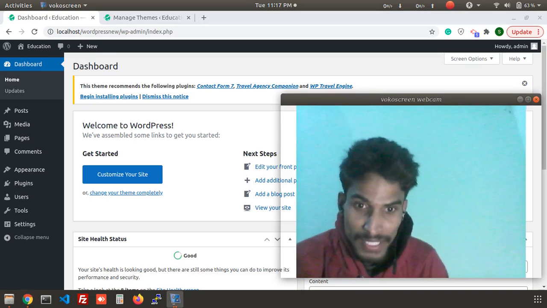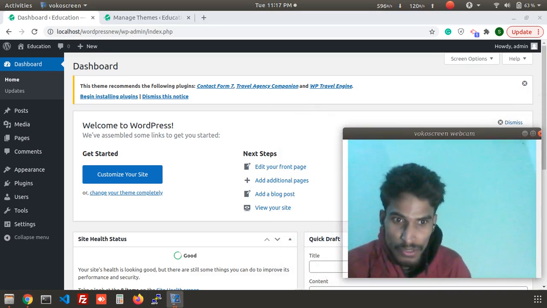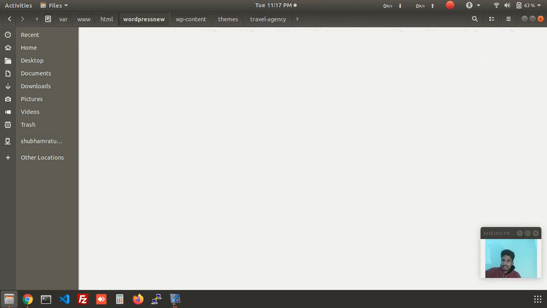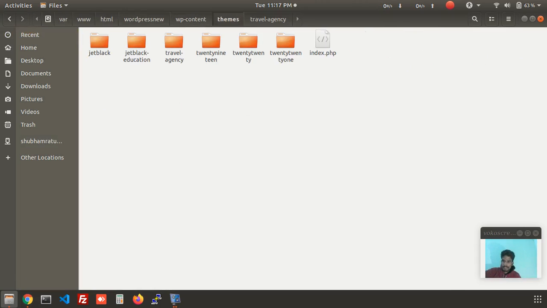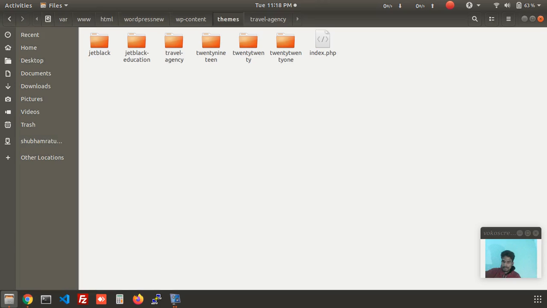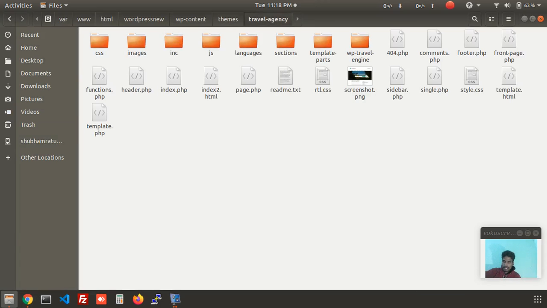So now I'm going to create a shortcode. How can you create a shortcode? You can create a shortcode in any page of your WordPress. So this is my WordPress project, and this is wp-content and the theme section. The theme I am using here is a travel agency theme, and it has a functions file. Every theme in WordPress has a functions file. So if you want to create a shortcode, you can create it anywhere in your WordPress, but this file will be connected with your WordPress. So now I'm opening this file